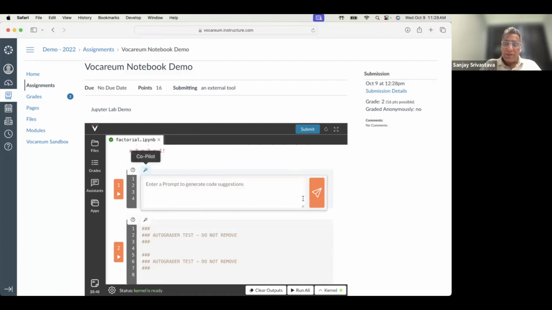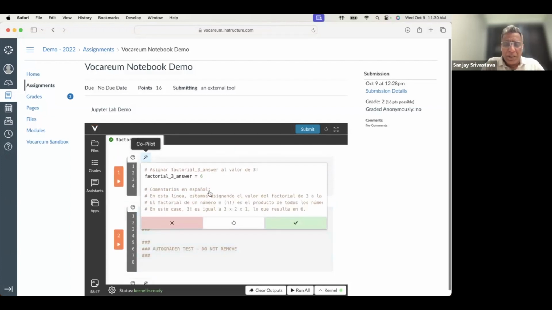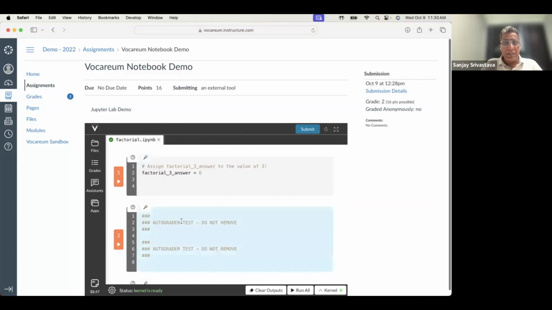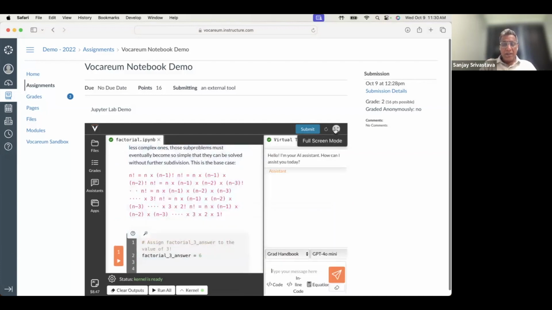And you can customize Copilot. I'm just going to say, please provide comments in Spanish. I don't know why I would want this. So it will try to answer this question, and you can see that it has the context that you're trying to answer this factorial 3. It suggests what you should do, and there are some comments here. You can accept it or reject it, or you can go and get help via Tutor. And Tutor is actually,